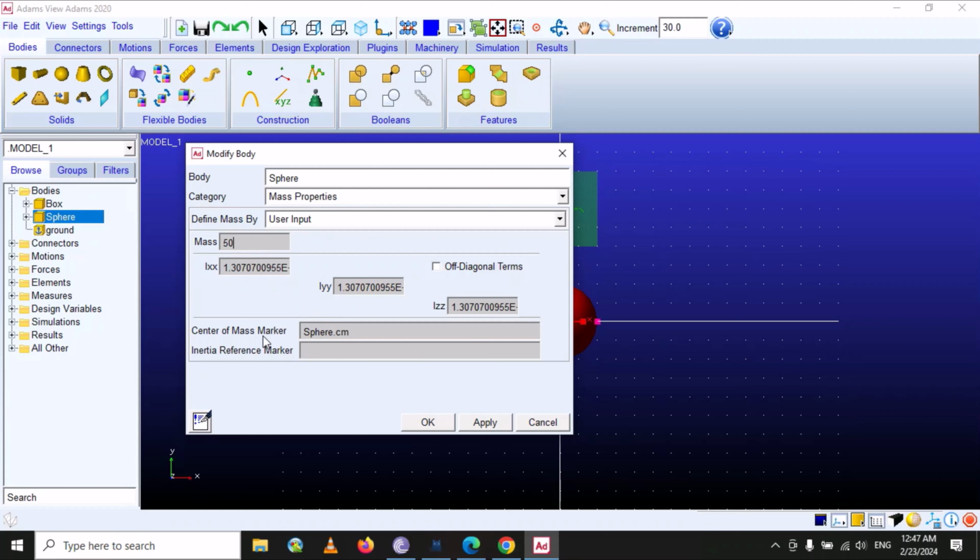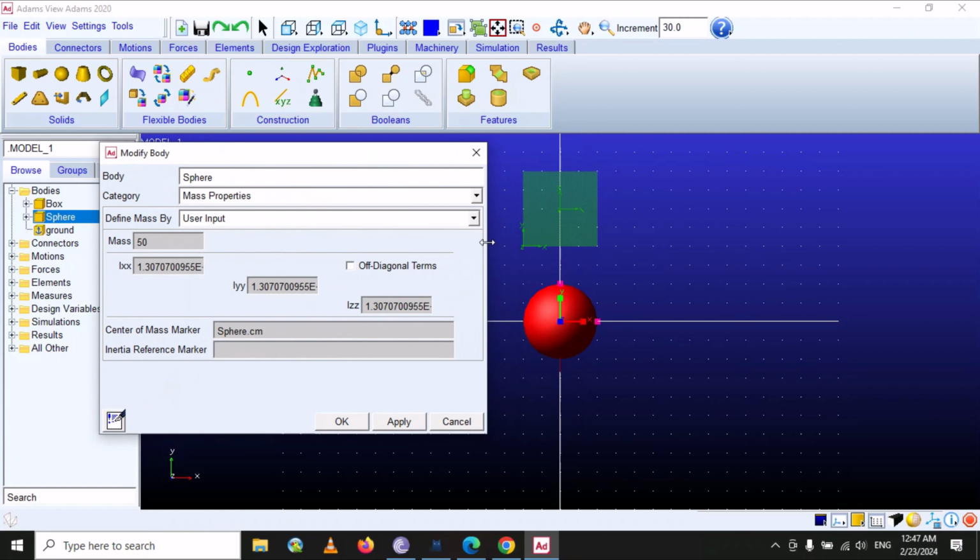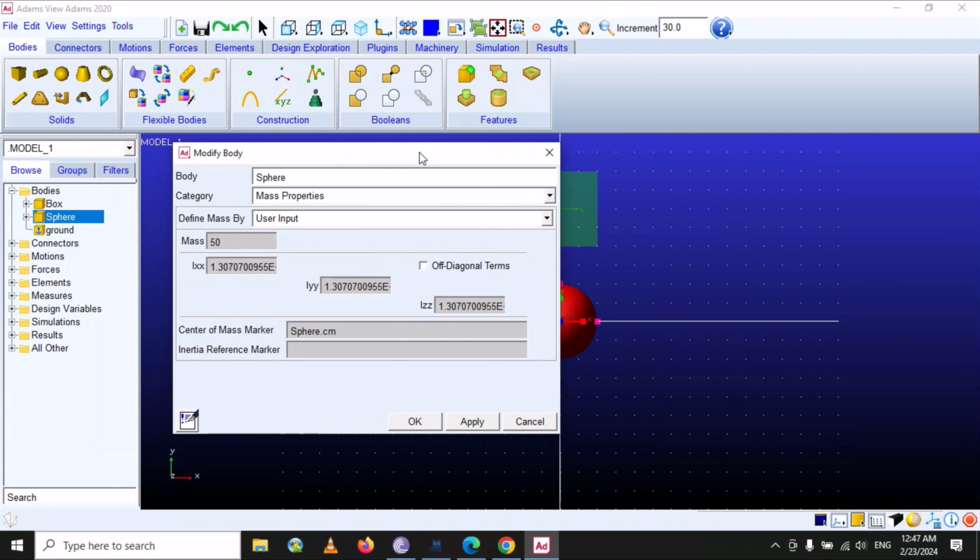And the center of mass, the center point of the mass where it's acting, is the cm, which means the center point. So this is user defined input, so you can put just the mass, then it will automatically calculate its other factors